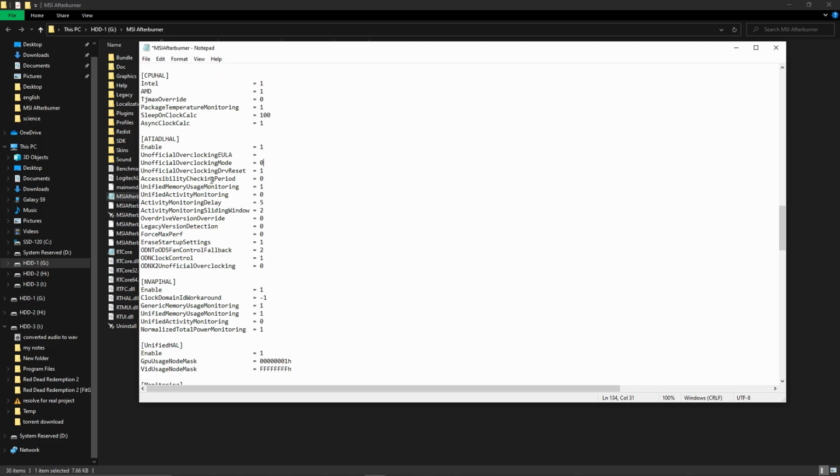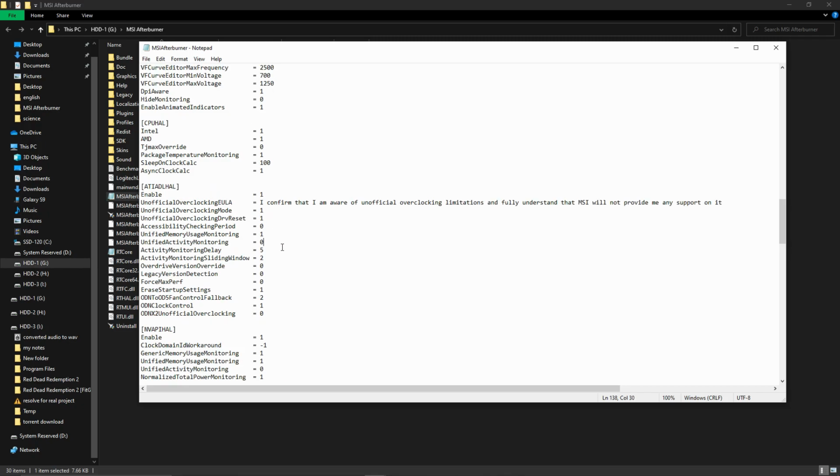Under ATIADLHAL, you have to find this unofficial overclocking mode. Now all you need to do is copy these: I confirm that I am aware of unofficial overclocking limits and fully understand that MSI will not provide me any support on it. Then you go to the second line, unofficial overclocking mode.